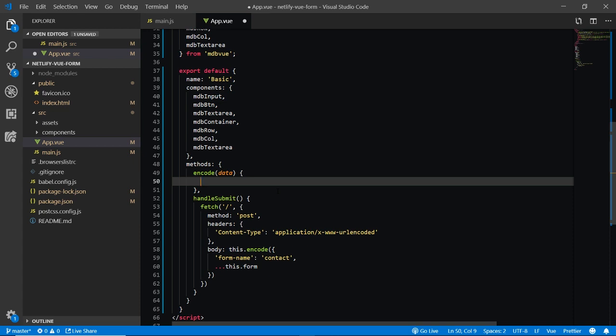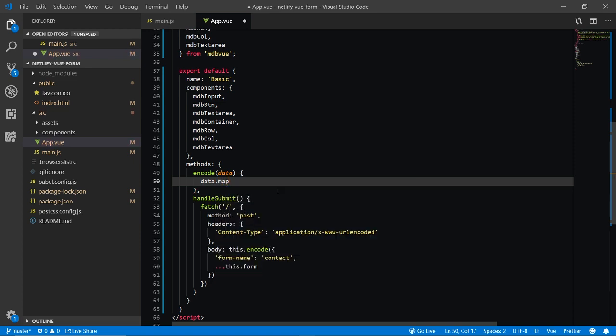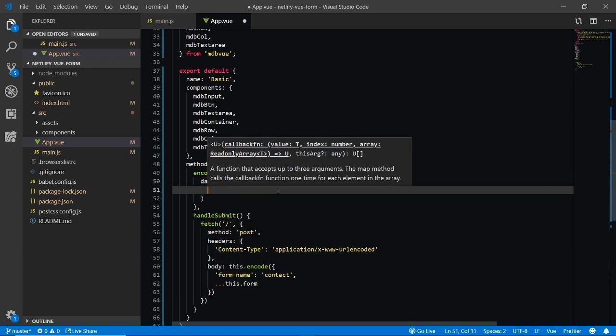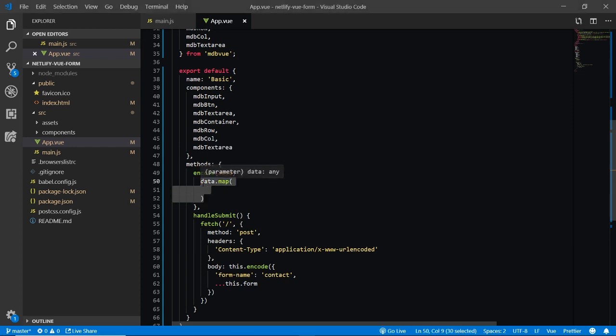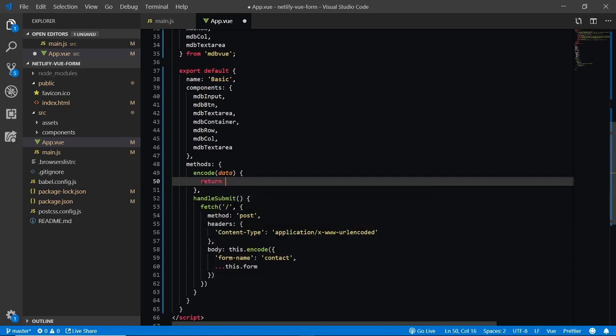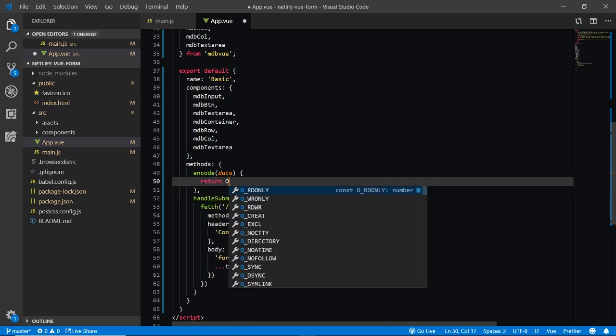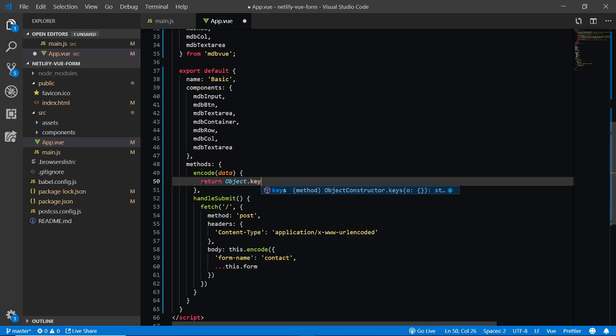So we'll say data dot, I think we can map over it. Actually, what we first want to do is return an array. So return the object, because data is an object, dot keys to make the keys an array,